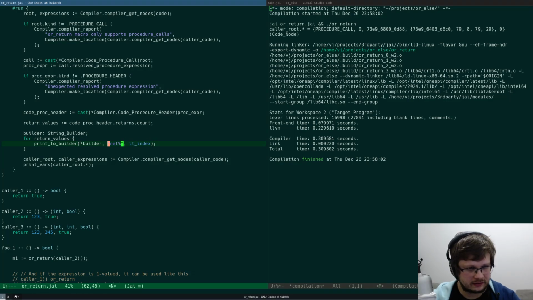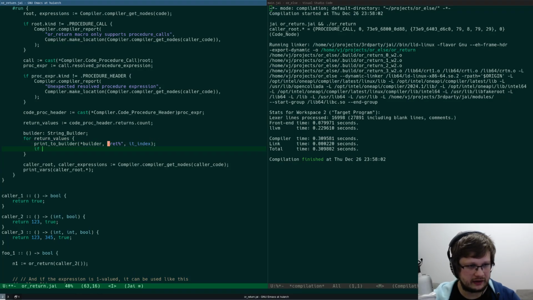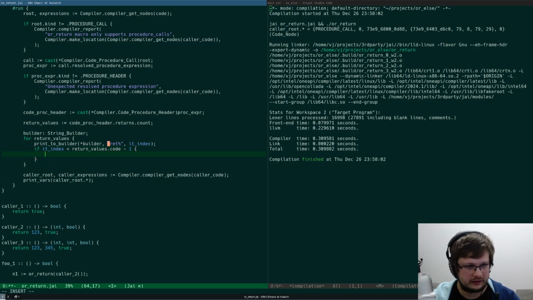Literally this, and then if the index is less than return values code, like if it's less than code minus 1, then we append comma space, right?